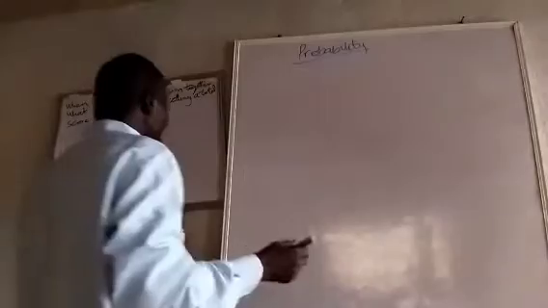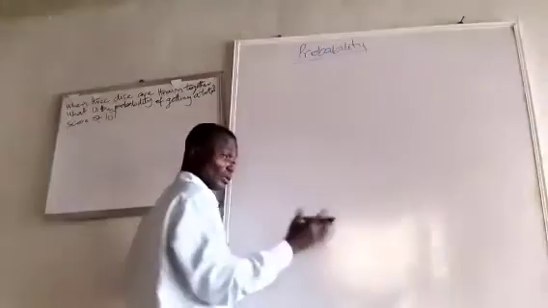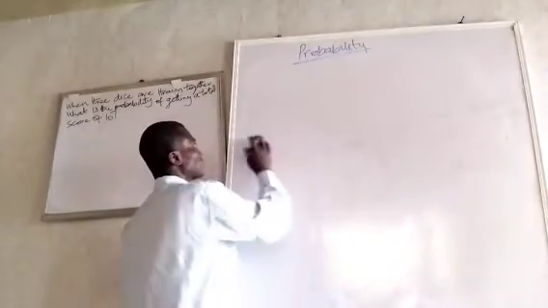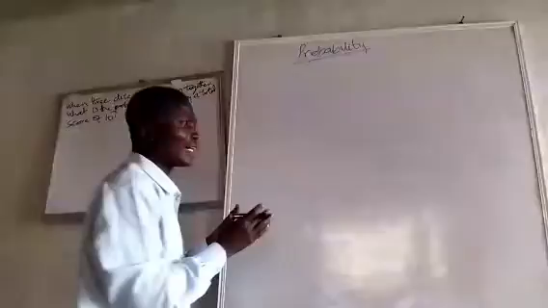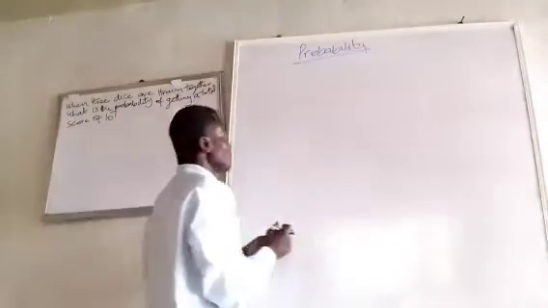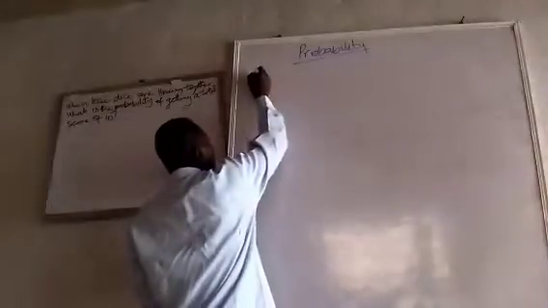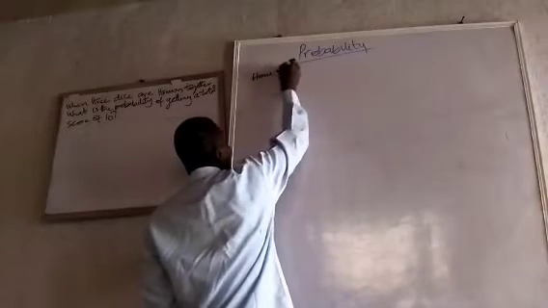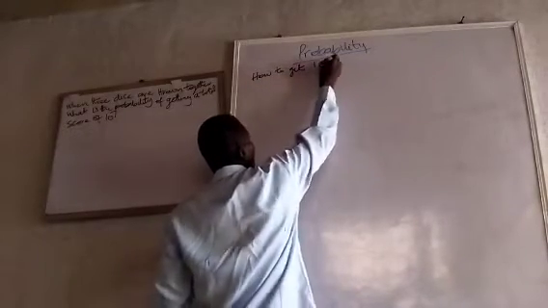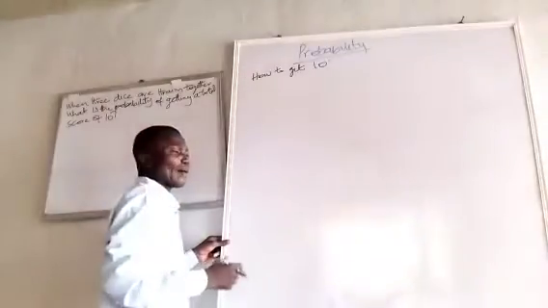Now the last one I want to show you is this. I don't say these are the only ways you can do it. The first thing is to consider the kinds of arrangements that will give you 10. How to get 10? And here we are going to put our knowledge of permutation